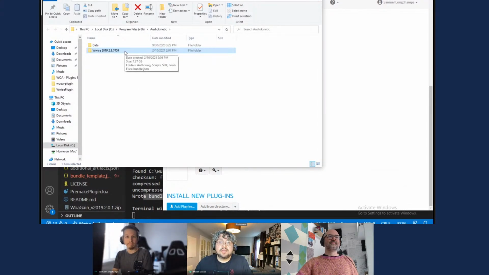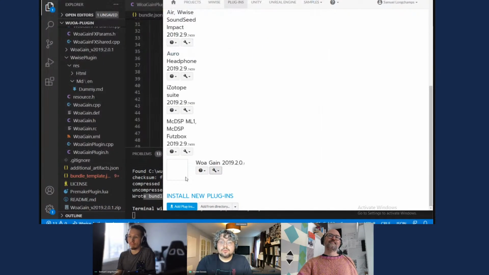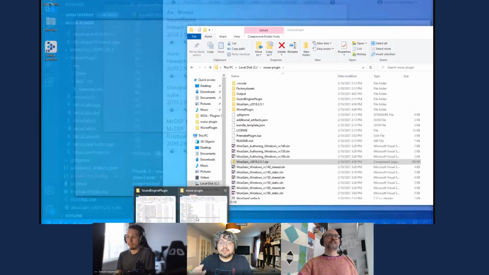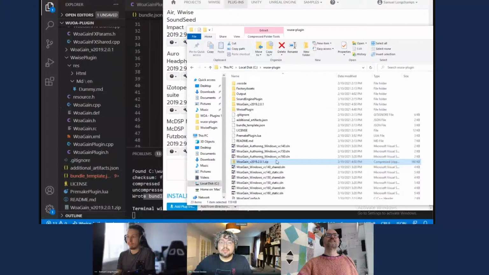If the company has specialized plugins that they wish the sound designer to use, they can package it through the system and send it really easily through a folder, where you can install from a path, or copy that plugin inside the proper path, instead of having that awkward way of sending things through Perforce